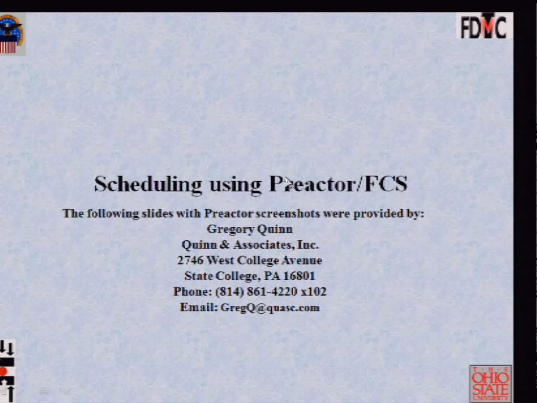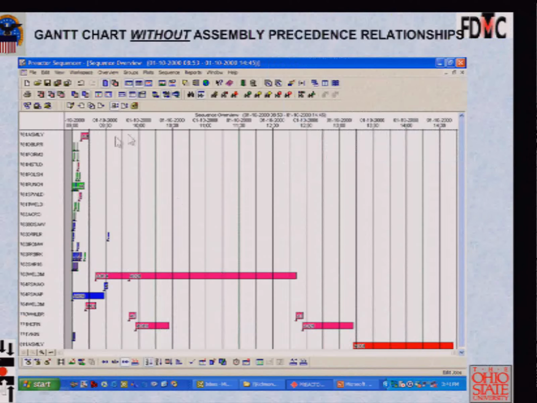Of course, my favorite is Preactor. It's a finite capacity scheduling software. This is one of their value added resellers in America. Lean Scheduling Inc. is the other value added reseller that I work with. They are based out of Bradenton, Florida, and Mike Liddell is their president. But earlier I worked with Gregory Quinn, and he was very helpful, very obliging. He basically took the indented bill of routings and scheduled the same value network map. So what you see again is